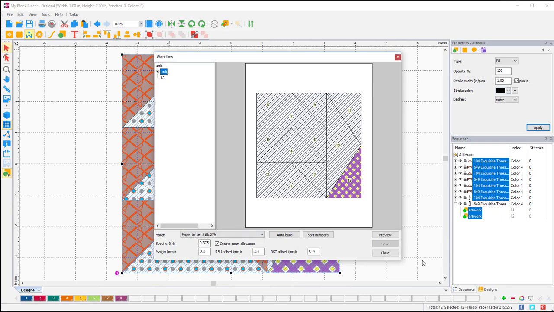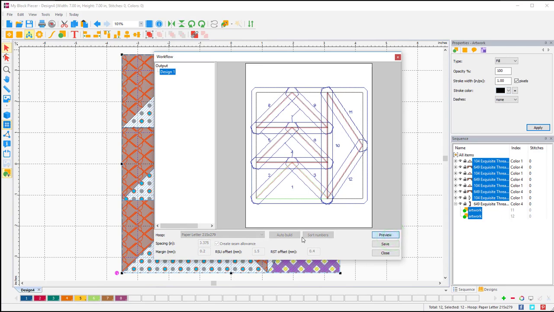Okay, so now all we need to do is tell this to preview, and we don't need to sort our numbers because they're in the order that we actually put them. So when we say preview to this, you can see everything is all in one now, which is exactly what we're wanting. Okay, so I can save this,